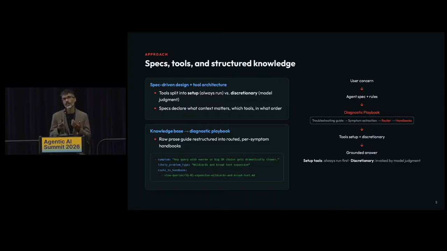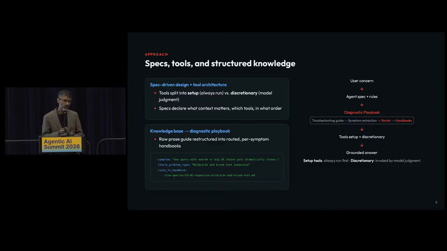A way to think about it is if you're starting on a new role, you might go through an onboarding process where they teach you what's happening there, who's doing what, who to talk to, and so on. We can think of it that way, where the setup tools provide enough context for an agent so it knows how to proceed correctly and use the discretionary tools correctly, and it knows when to use them.